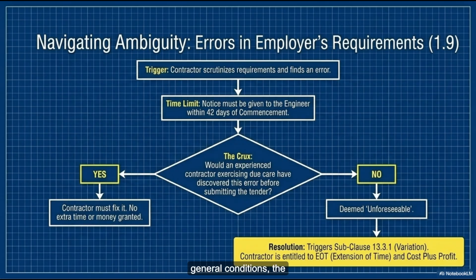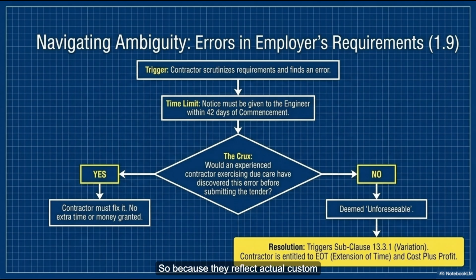requirements are the general conditions, the standard FIDIC rule book we're reading right now. But right above that, at number 4, are the particular conditions. I assume those are the custom tweaks. Yeah, the particular conditions are where the real battlefield lies. How so? Well, the general conditions are standard, off-the-shelf rules. The particular conditions are the customized amendments where the parties alter the standard rules to fit their specific country, their specific laws, or just their specific risk appetite.